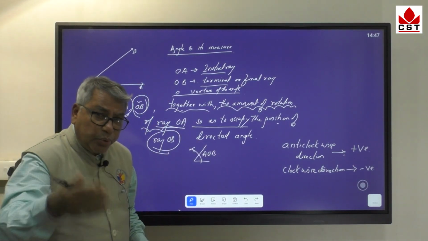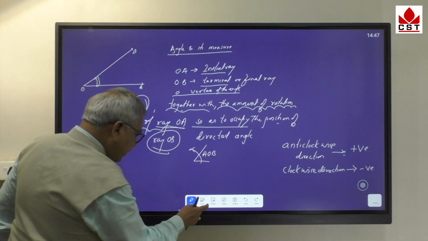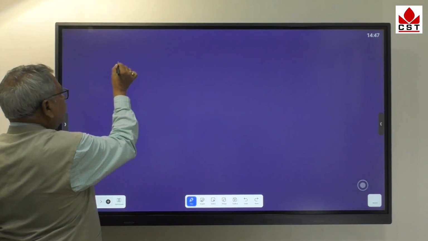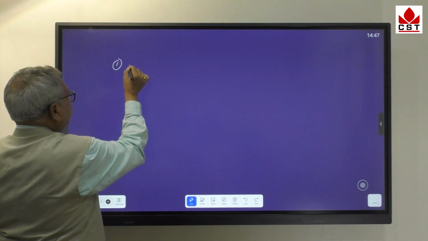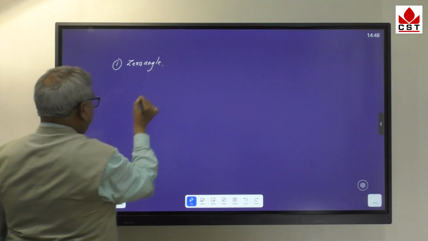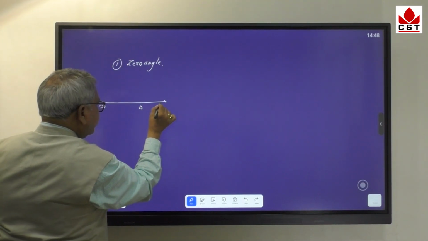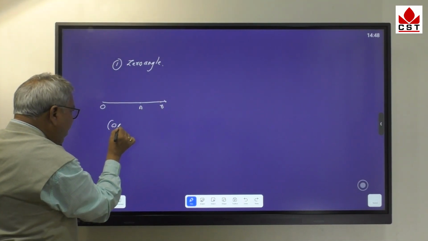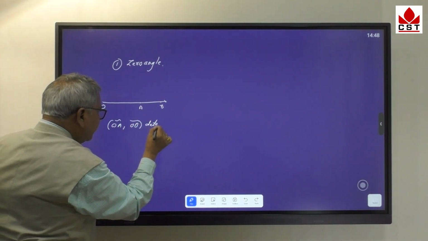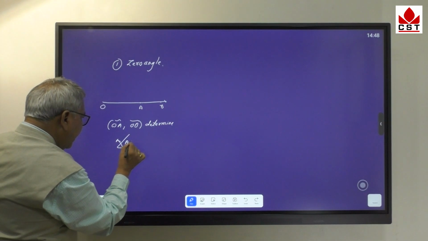Now we turn to the types of angle. Listen here. First is the zero angle. Zero angle. Here is ray OA, ray OB determining directed angle AOB